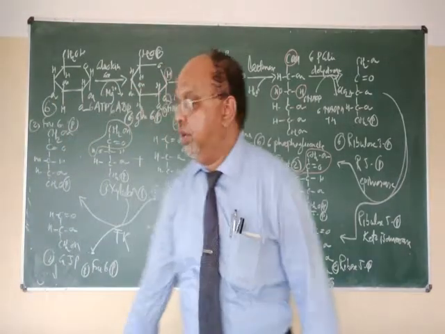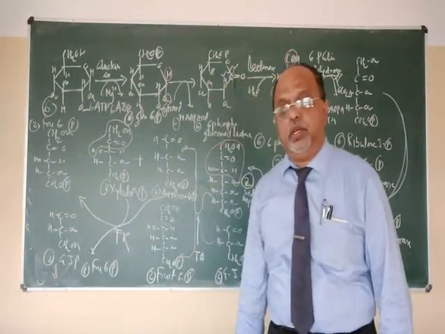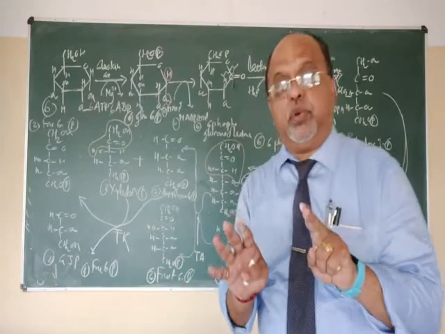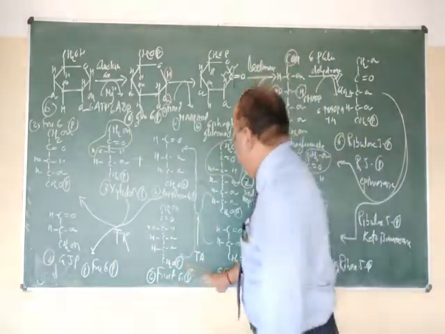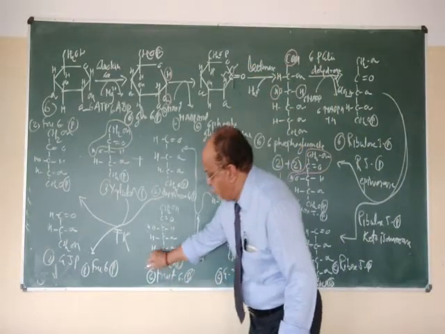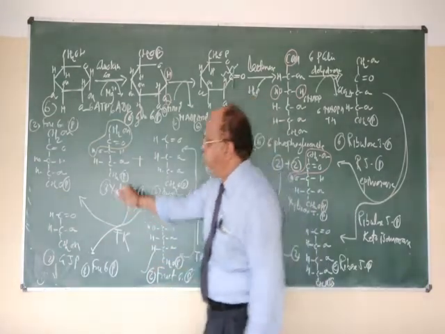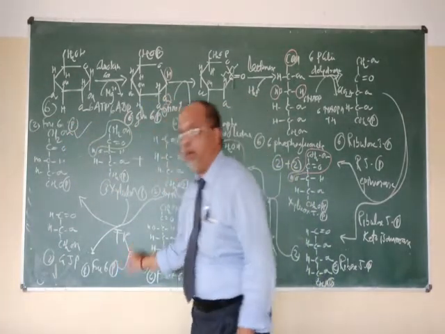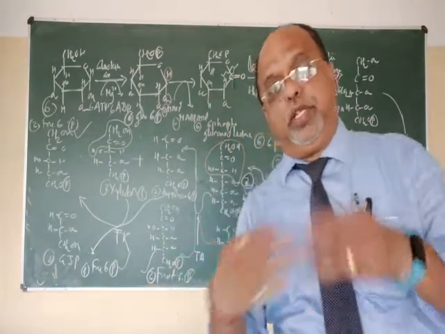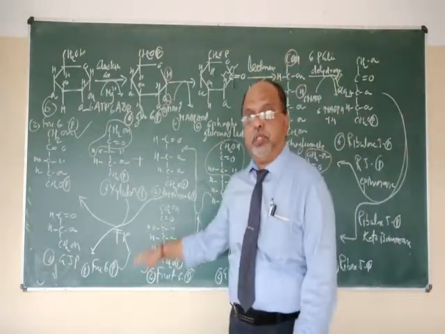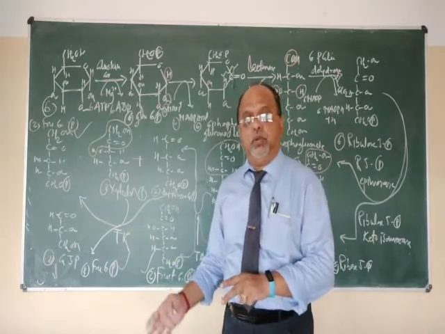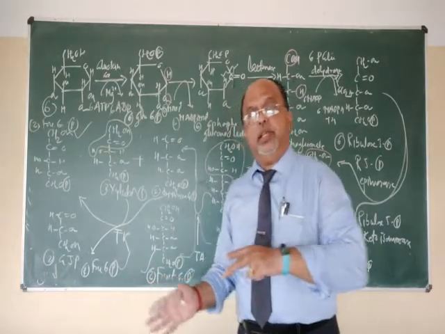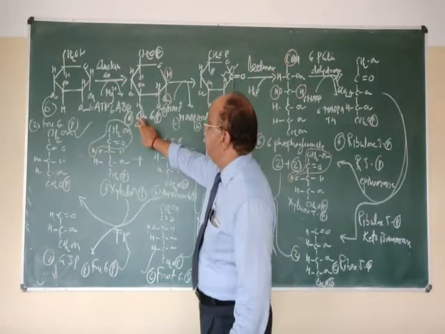So how many fructose 6-phosphate molecules are regenerated? Here 2 plus these 2, 4, and this one is 5. Through the reversal of glycolysis, these 5 fructose 6-phosphate molecules are converted into 5 molecules